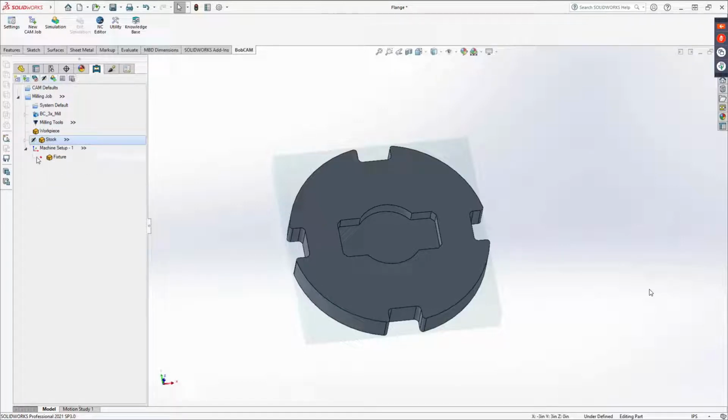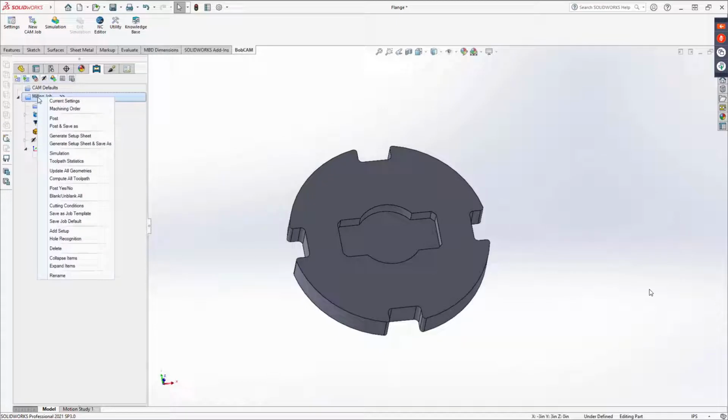All right, so let's go ahead and take a look at some of the toolpaths. So now I have a milling job, and if I right-click milling job, I have a lot of the same stuff that I had under the CAM defaults. I have current settings, I have the cutting conditions, but I have a bunch of other stuff. So this is just relative to this job. So if I go to current settings first,